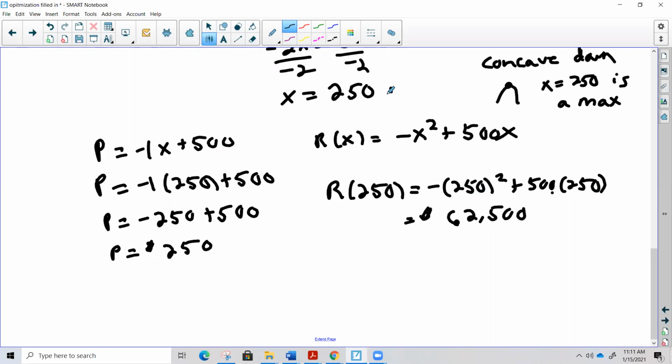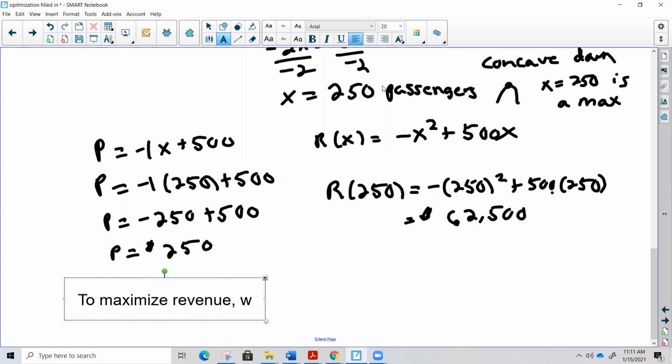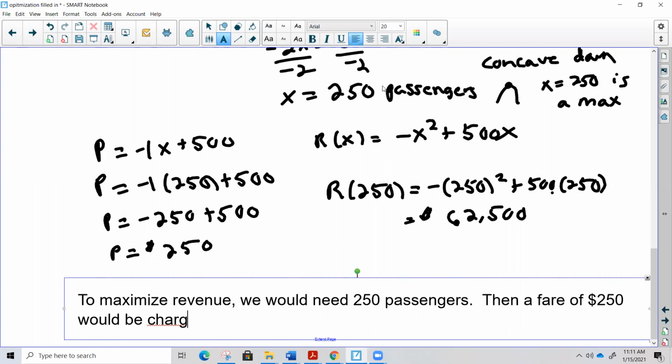And we should put units with all of these. So I'm going to add passengers to 250 because that's what it represents. So in order to maximize revenue, we would need 250 passengers and then a fare of 250 would be charged, and the maximum revenue earned would be the